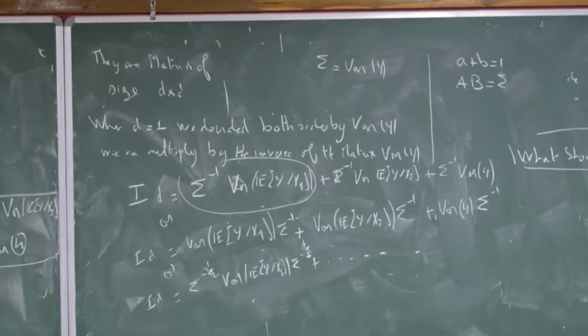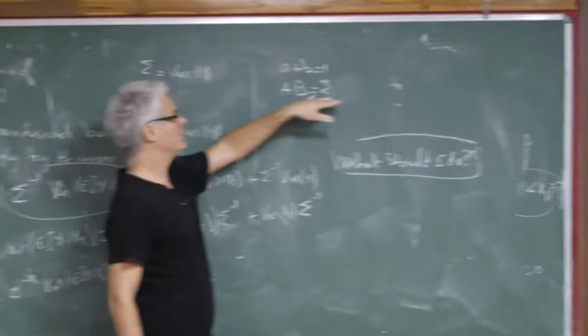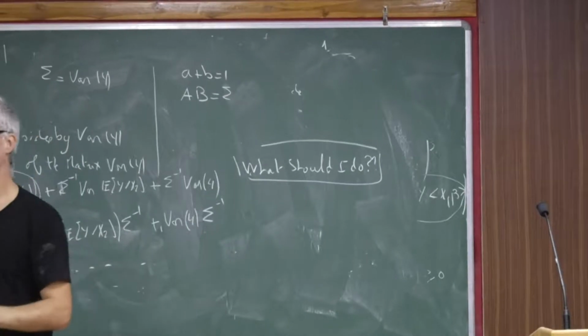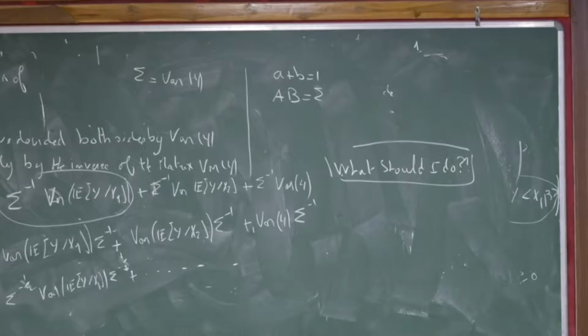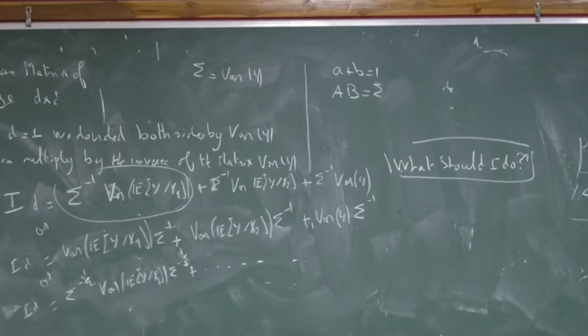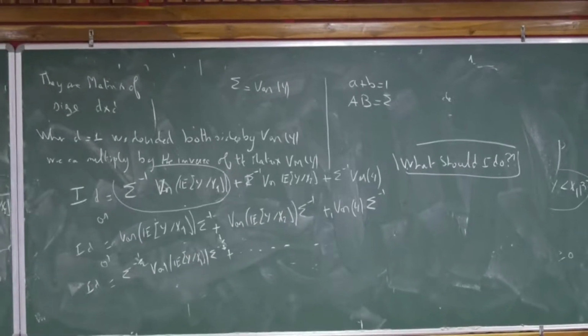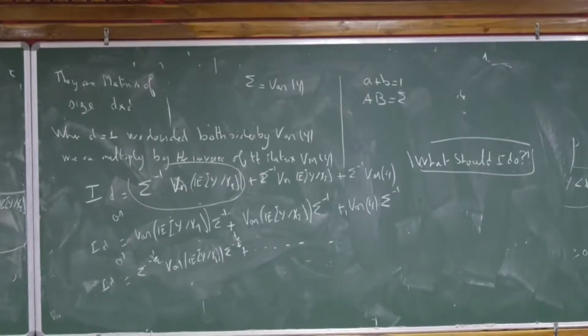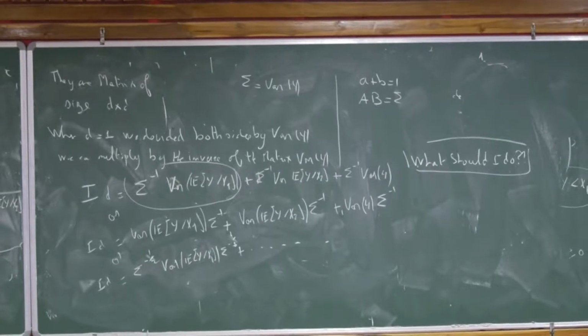But we can find A and B such that the product is sigma for which it would work, but it would not be sigma minus A and sigma minus B. It would be something else. Maybe I will present that tomorrow, but I will build an index with that idea that works very well.